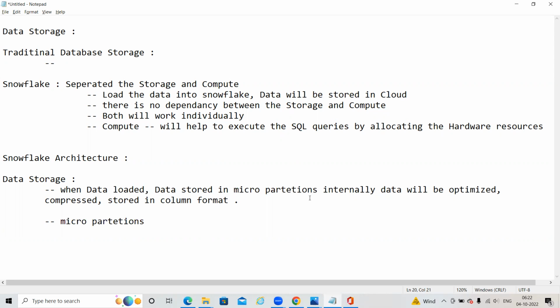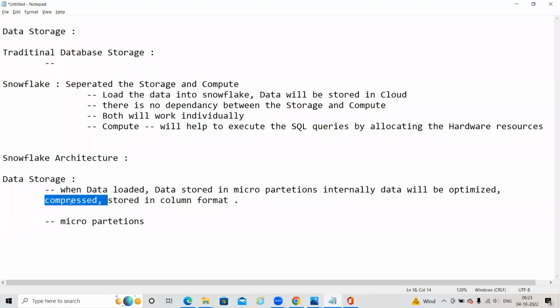And then when the data is stored into the micro partition, Snowflake itself will take care that the data will be very optimized and then compressed. What is the meaning of compressed? Suppose, as an example, we have around 10 MB of data in your original source. While loading the data into Snowflake, it will compress the 10 MB and make it around 6 MB or 7 MB. Such algorithms will be applied onto your existing data, and then data will be stored in a compressed manner. Then you can ask me what is the benefit?